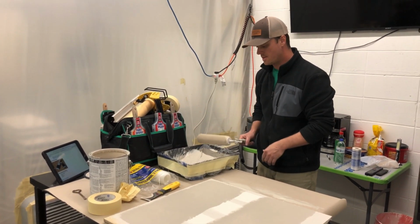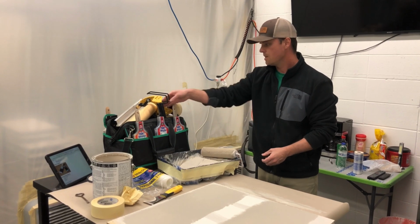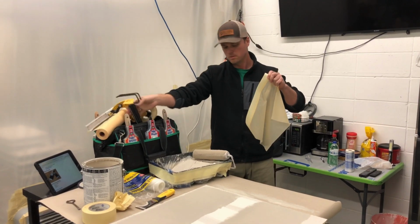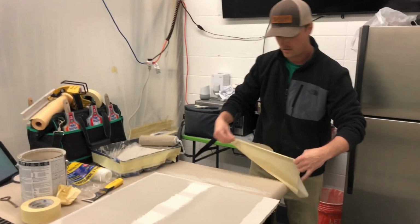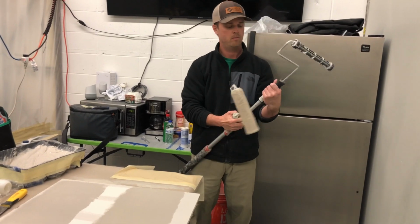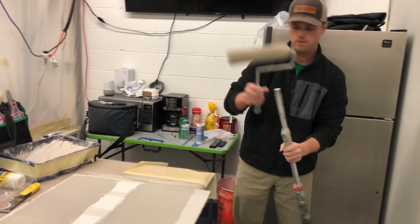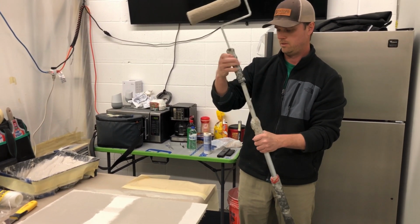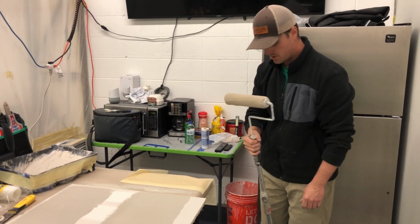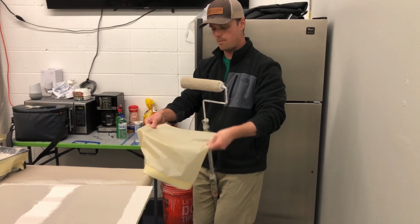Okay. So now, as far as getting this wrapped up, I'm going to take some plastic, I'm going to draw it out a little bit longer than the roller cover. Set this down right here. And then take this frame, put it on an extension. I'm just making the assumption I don't have a tabletop to do this with, and I'm just squeezing it between my knees here. Take this plastic, the tape is farther away from me and it's faced up, and then